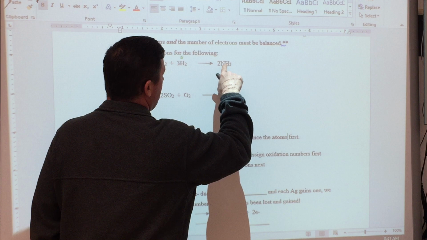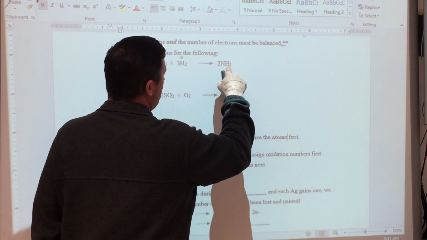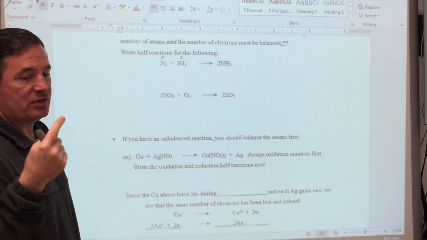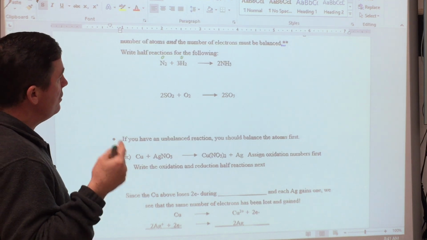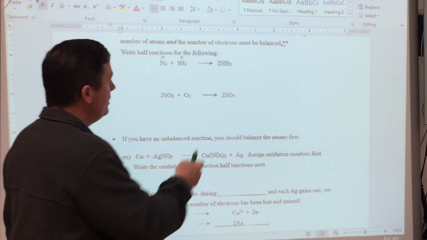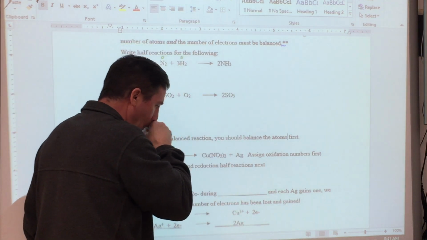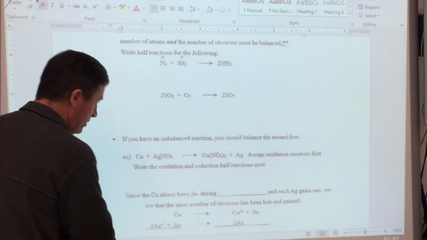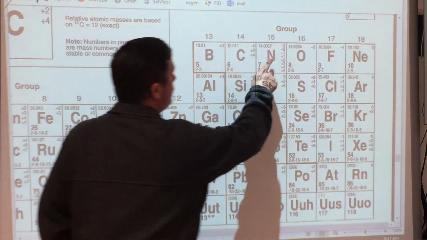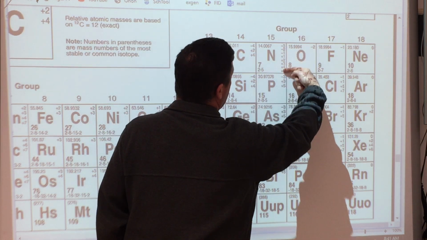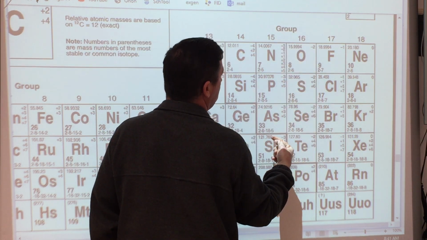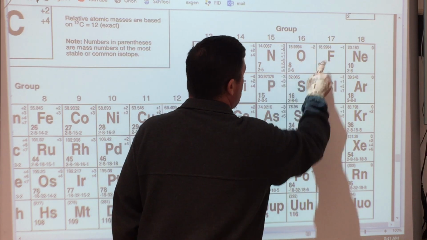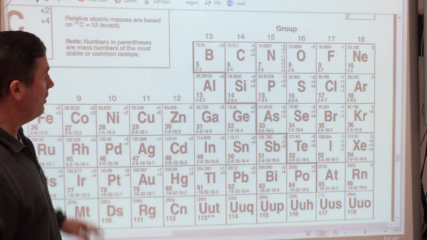Well, you know that that 3 came from nitrogen, and you know that hydrogen can only have one of 2 oxidation numbers. It's either positive 1 or negative 1. So how do I decide? Well, in this case, I have to figure out which of these 2 elements is more electronegative. So let's look. Here's nitrogen. Look at them all. There are 8 different oxidation states. Look how close it is to fluorine, however. So nitrogen is pretty electronegative compared to hydrogen,